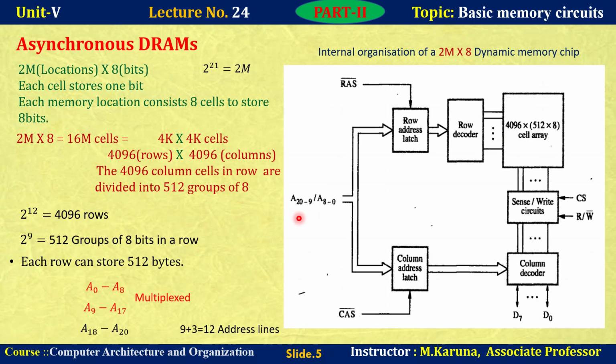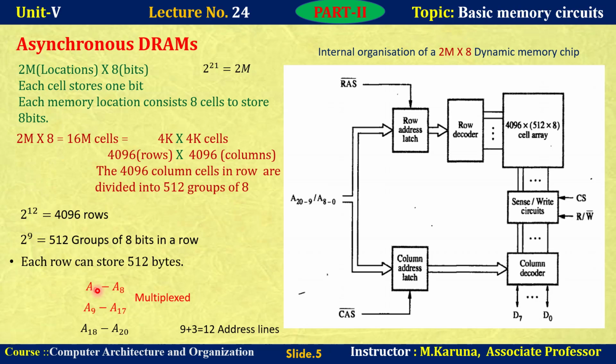To reduce the number of pins, the row and column address lines are multiplexed on 12 pins. Okay, it can be reduced to 12 pins from 21. Let us see how it can be reduced. See, A0 to A8, 9 address lines, are used to point the column. Next, 9 lines, here 0 to 8 lines, can be multiplexed with A9 to A17